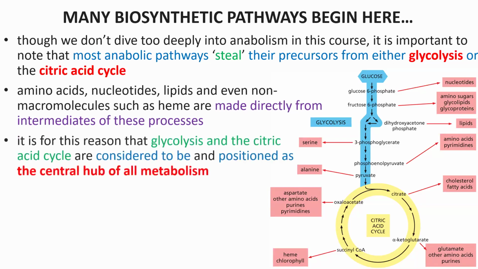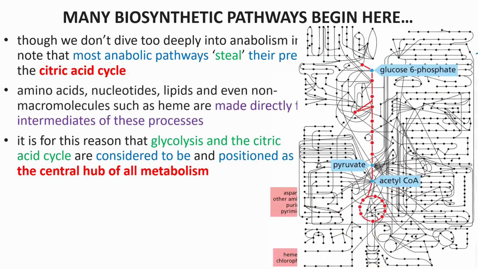It's incredible, right? These are all of the things we need to survive, and they're being made directly from precursors that are stolen from this central spine of glucose metabolism. So it's for this reason that glycolysis and the citric acid cycle are considered to be the central hub of all eukaryotic metabolism. No matter what diagram you look at of the total biochemistry occurring in a eukaryotic cell, this is the diagram from your textbook, a very, very stripped down